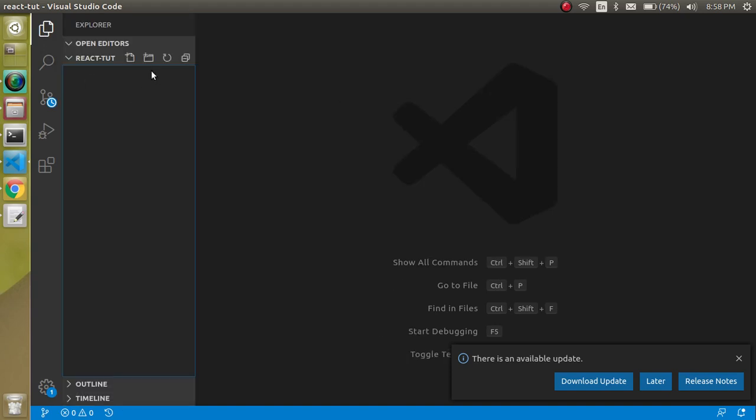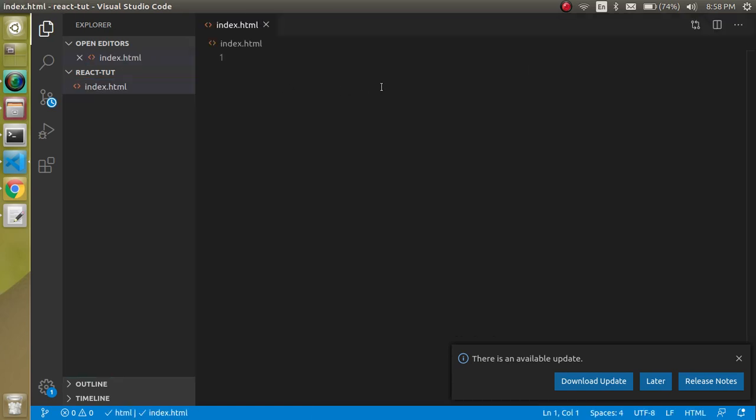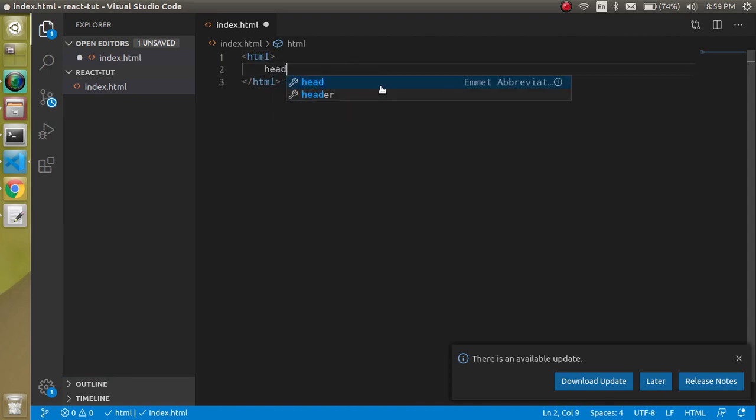So now let's create a file with the name index.html, right? And let's make an HTML tag here, close it, and now let's create two more tags, head and body.